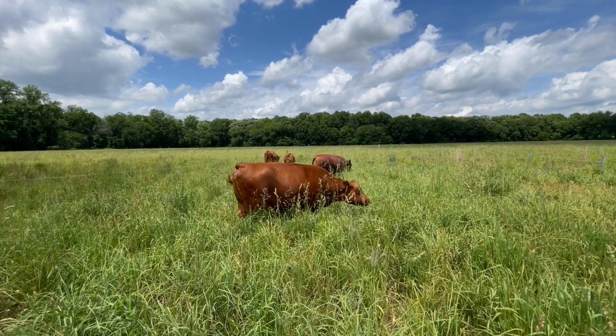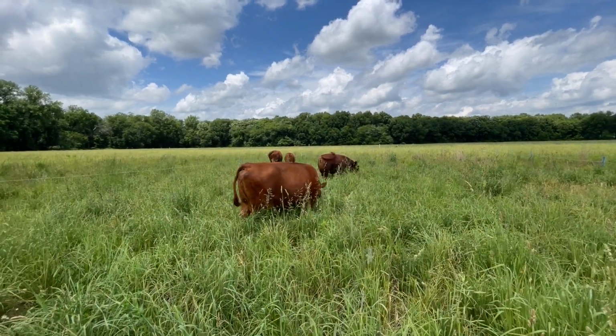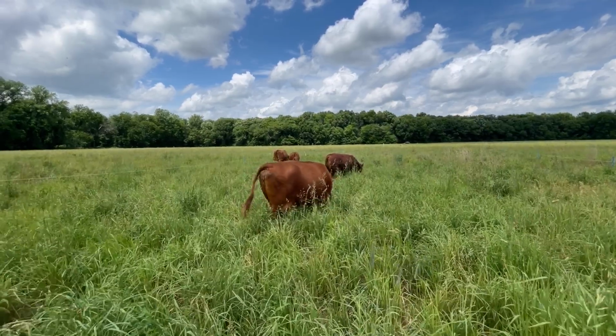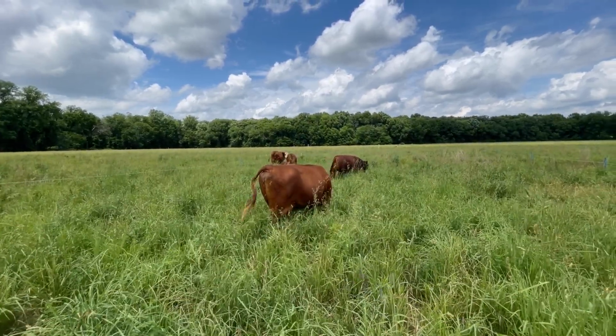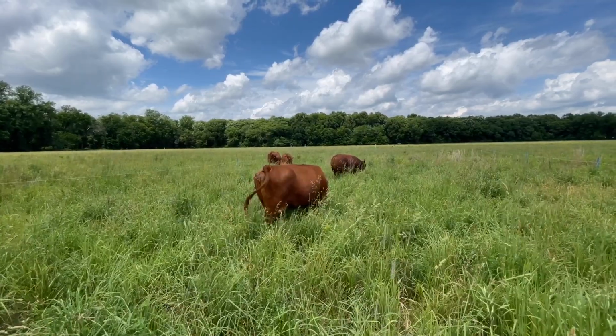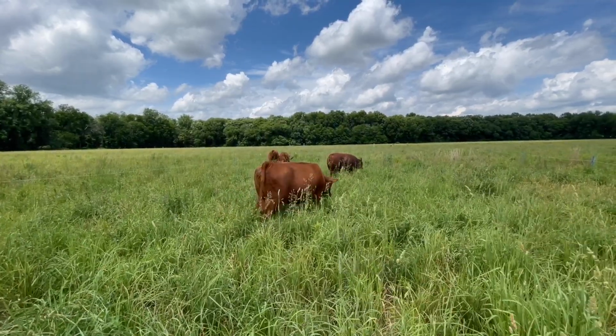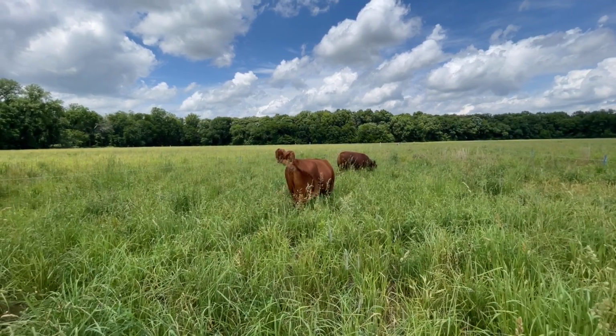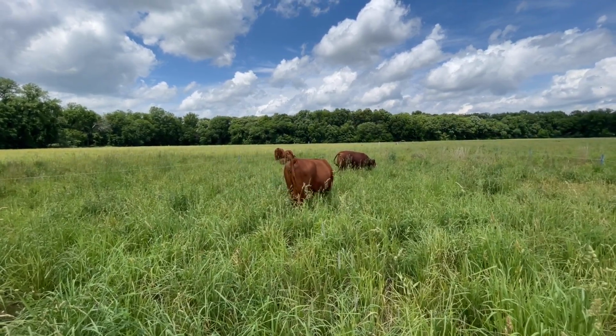I don't know if the audience can see there's something on Millie's neck. I need to do a little research and figure out what that is, whether it's just a sore or something, but it wasn't there yesterday. Well, apart from that,